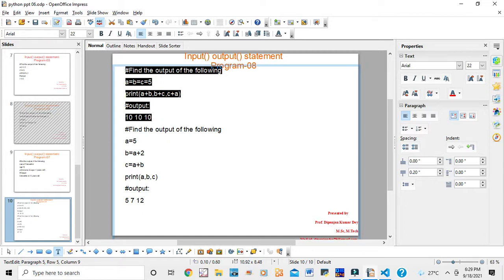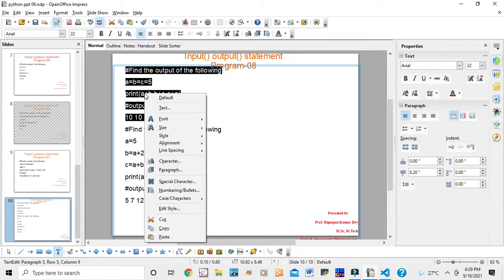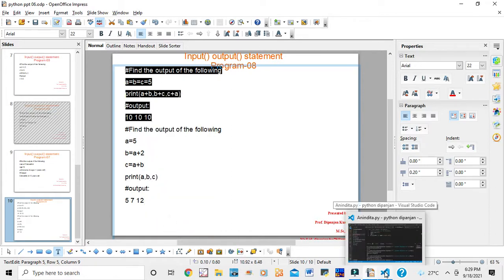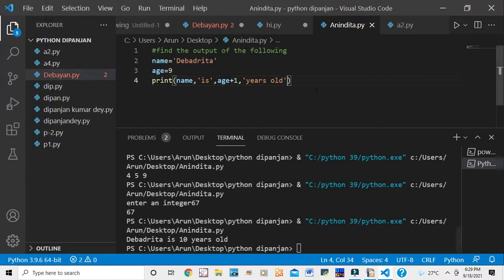So it's a very easy function, input output function. These are all easy. Just copy this, then I want to see it in VS Code. See what I am doing over here, removing the previous one.